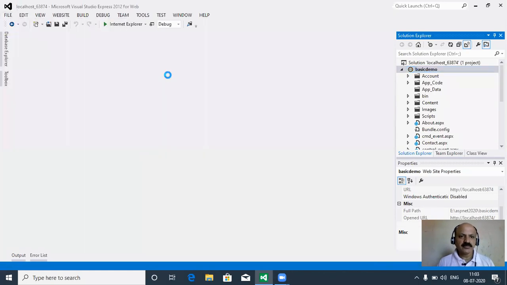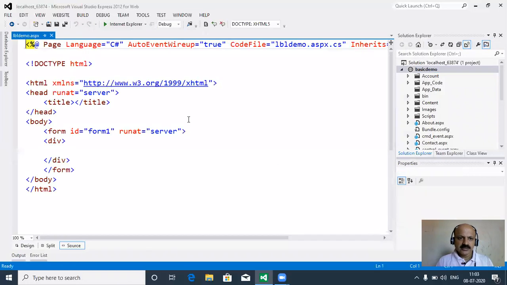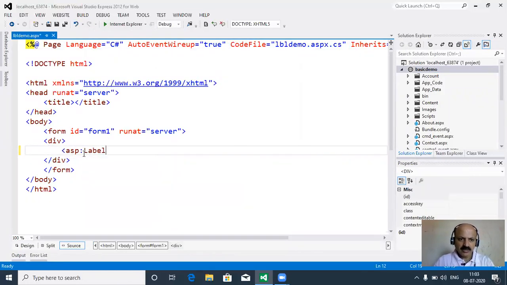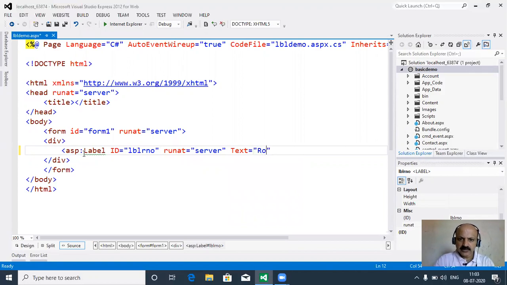We take new file and here C# and webform file is selected. Here give the name of webform LBL demo. Okay, just add. Here we take one label control, LBL RNO, roll number for student field, and here give the text roll number.